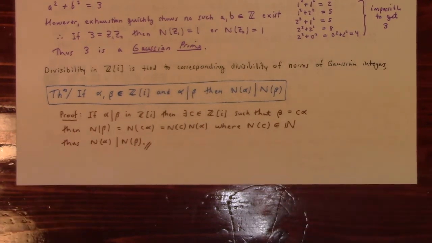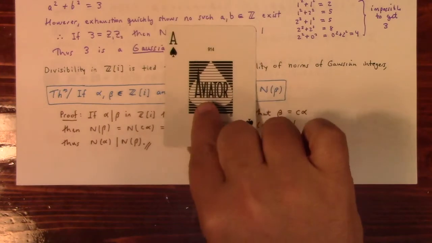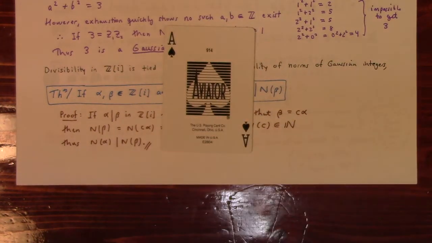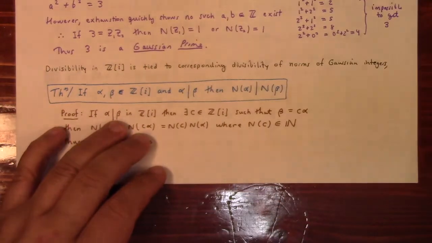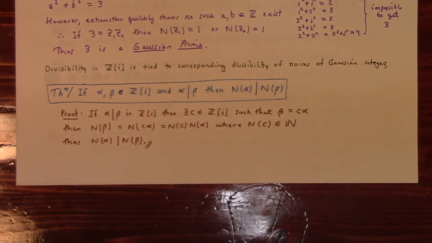So here we go. Hey, but I am going to remember to do this. The secret word for today is the ace of spades. There you go. All right. Now,